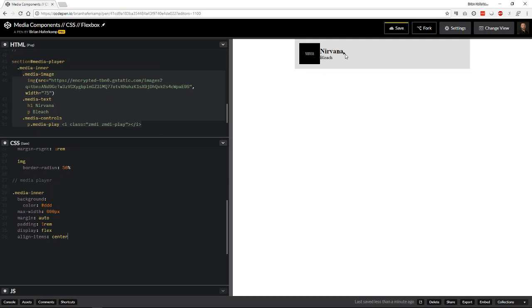So you can see this is the smallest one, but it's aligned to the center of this larger item. It always works like that. Whatever the largest element is, it's going to align it to the center of that. Okay, so we have a little work to do here, and what we want to do is